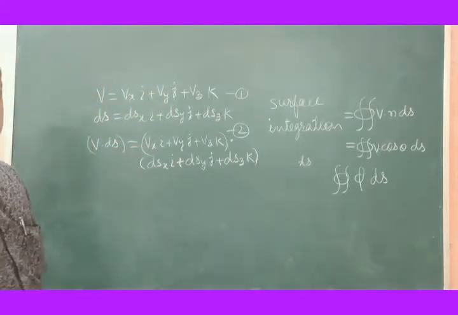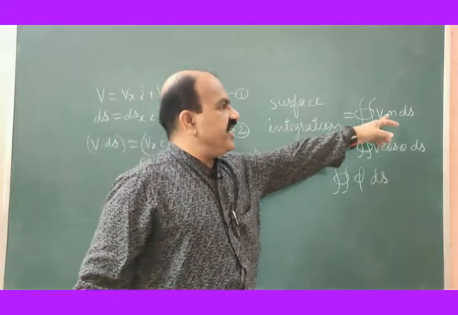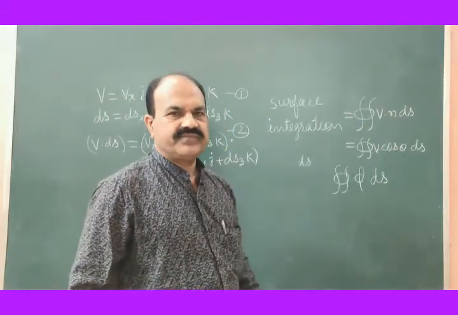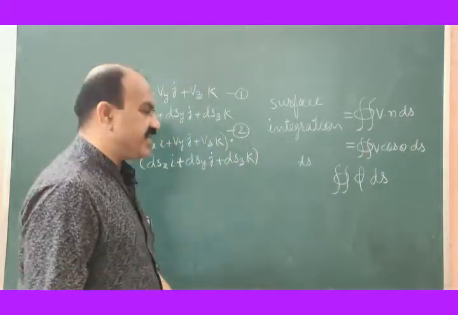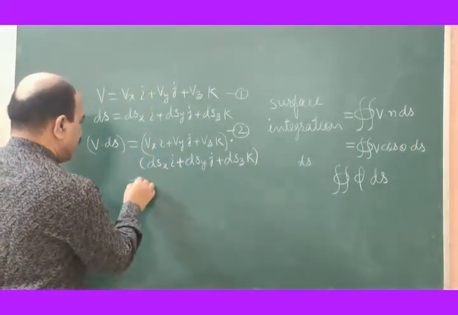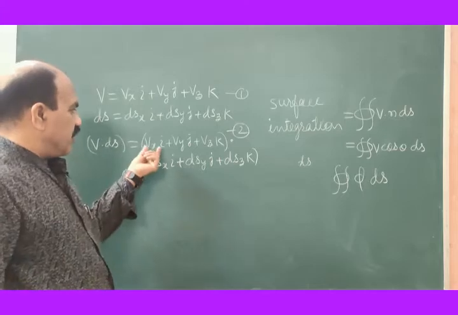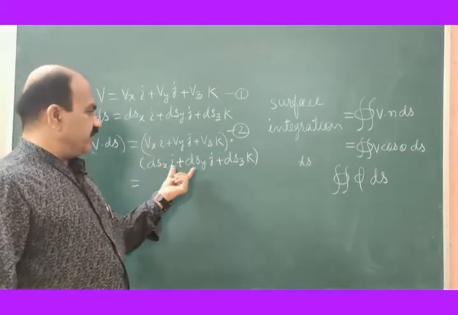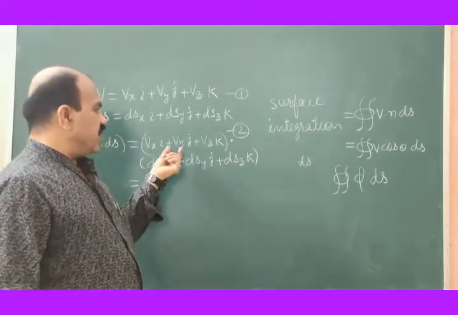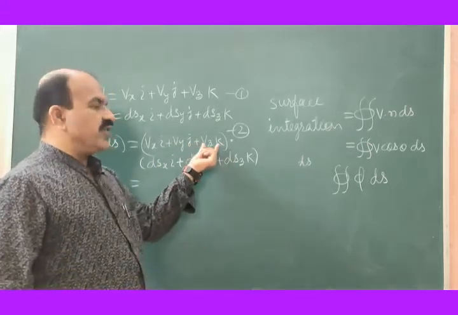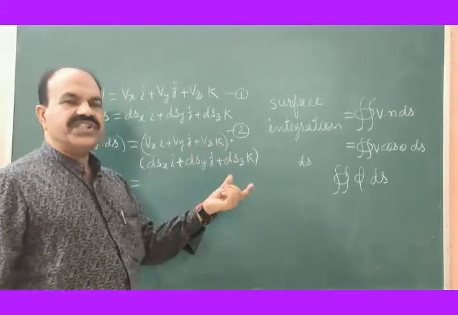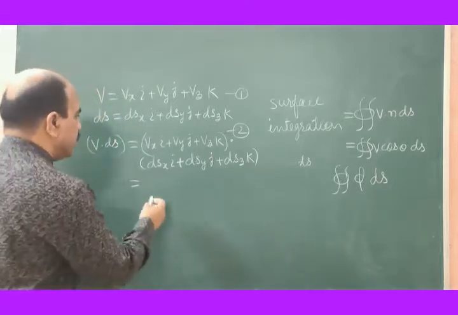Let us have the dot product of this. N is unity, its value is 1. So I can simply go for v dot ds, and this is equal to the dot product of the first term with these three terms, the dot product of the second term with these three terms, the dot product of the third term with these three terms, and that will be